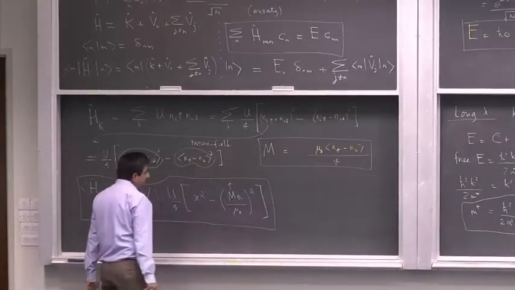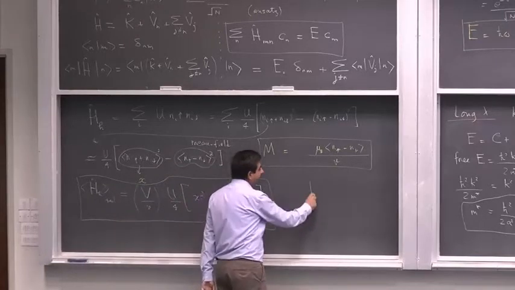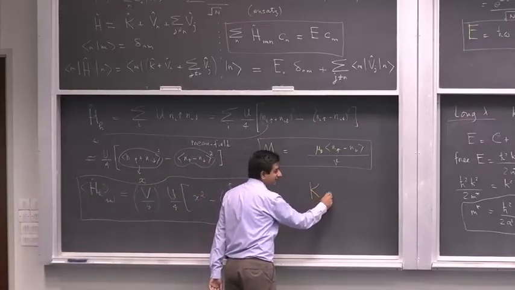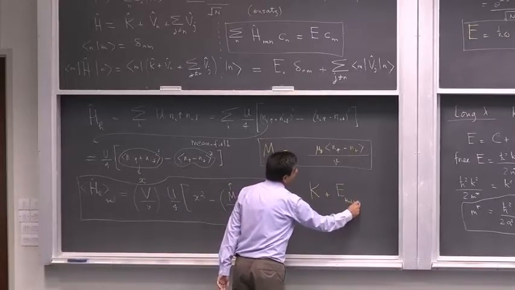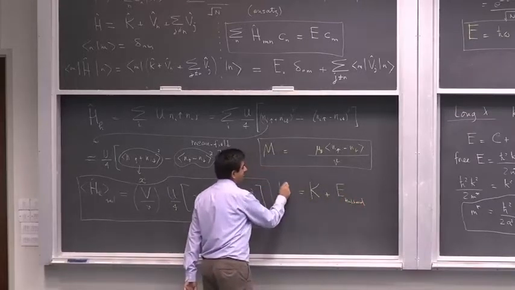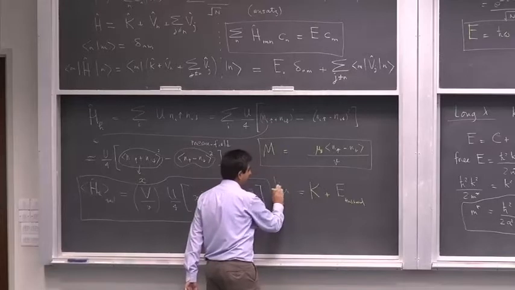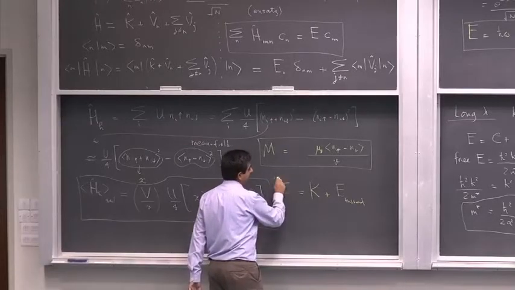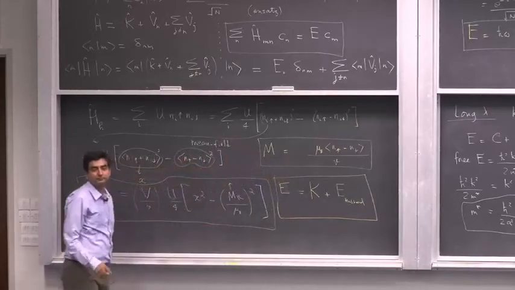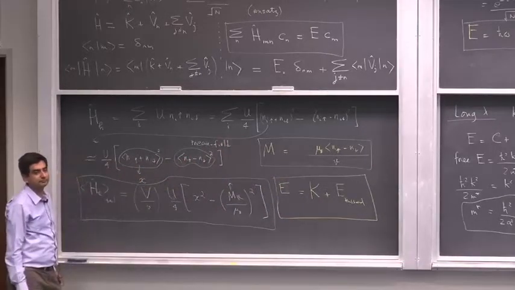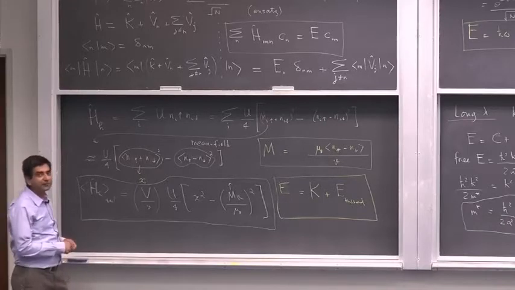So what we would like to minimize is the kinetic energy plus the energy associated with the Hubbard interaction. This is our total energy, and we would like to minimize this. Alright, so this gives rise to,